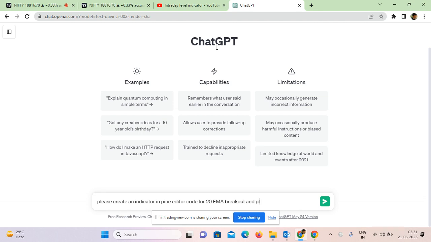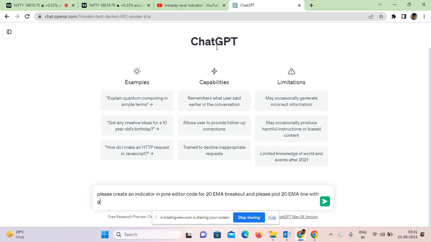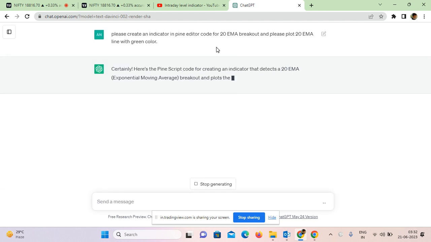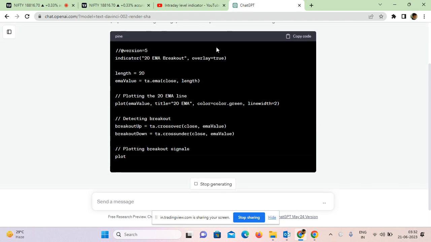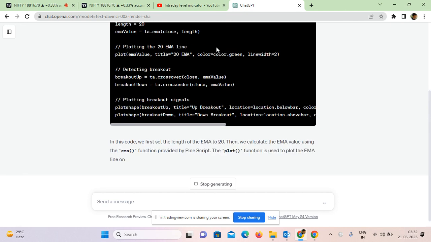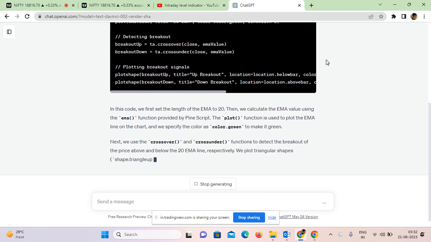And please plot the 20 EMA line with green color. After typing my instruction or prompt to the AI tool, ChatGPT, I just press enter. And within a second, this AI tool provides me the entire code.